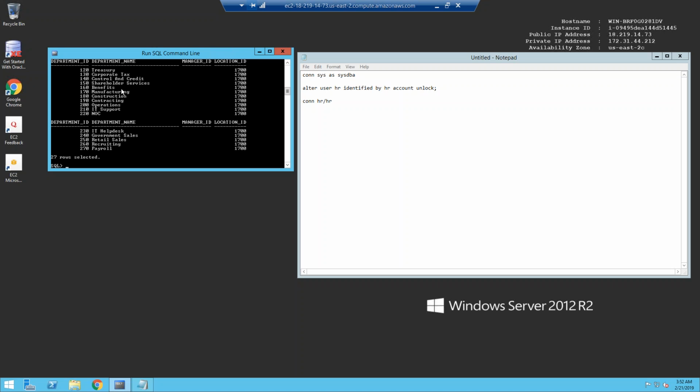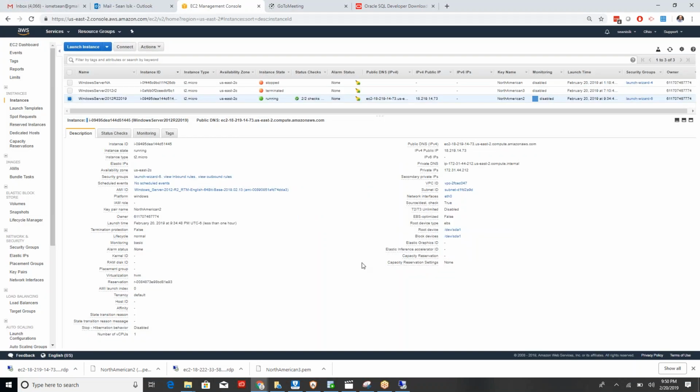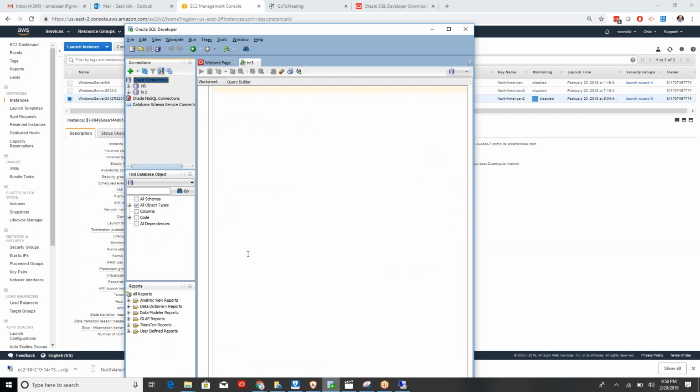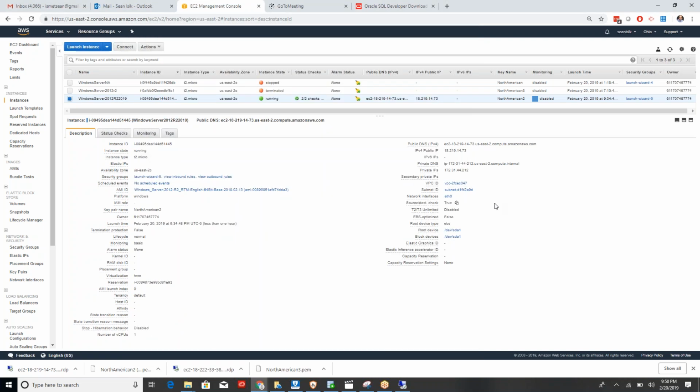So now I'm going to use my connectors, my developer tool, which is here, and add a new connection. I'm going to name this one North American HR, and then remember to use HR as the username, and the password is HR. Then when it asks what the host name is, I'm going to have to use this host name. But before the host name, we're going to have to open the ports and allow the